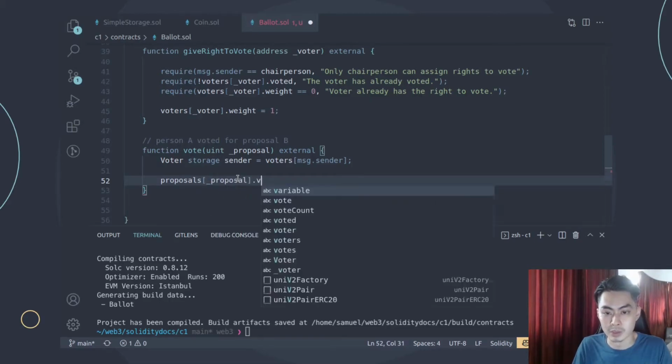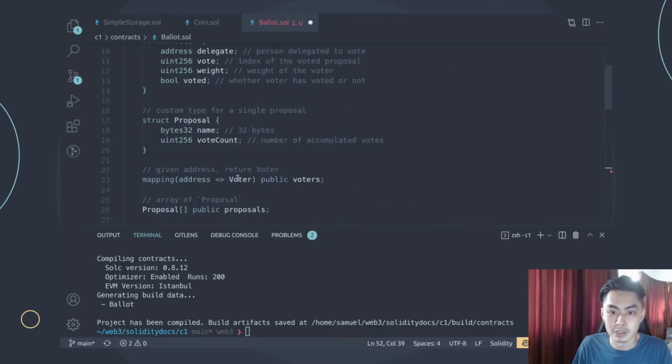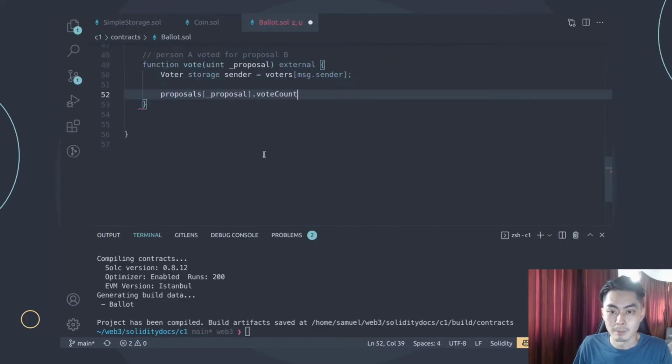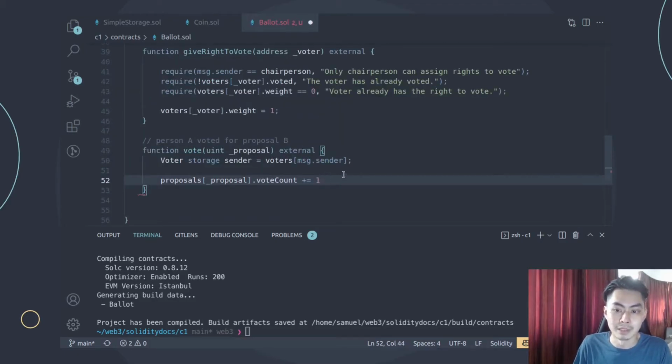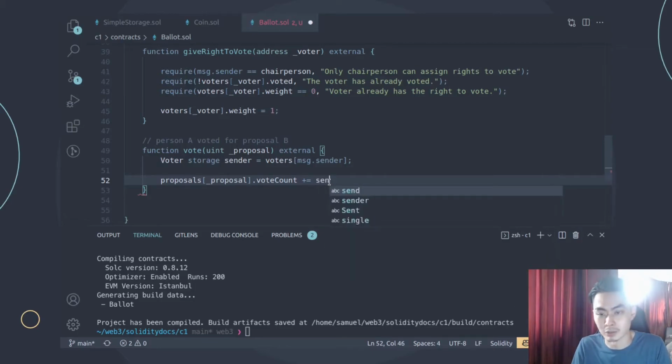We should do what? We should say take the word count of this, which is here, right? Take the word count of that and do what? Just add. You can say plus equals to 1. But remember, if we do that, then we kind of defeat the purpose of the weight. So what we want to do is to use the weight instead. So we want to say sender.weight,